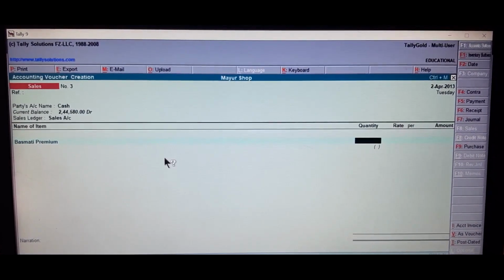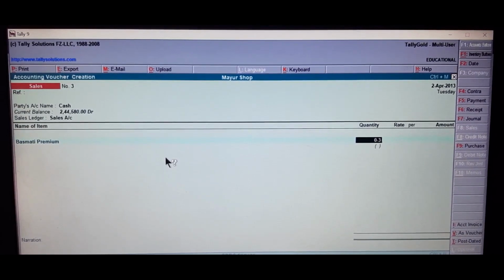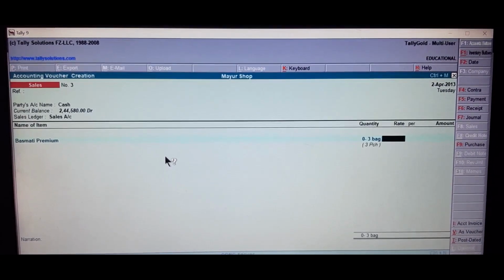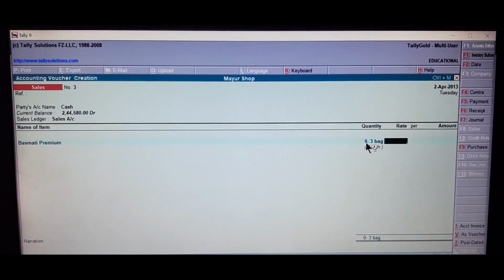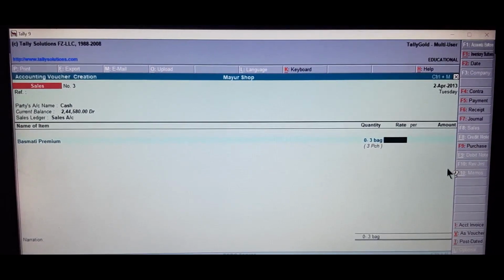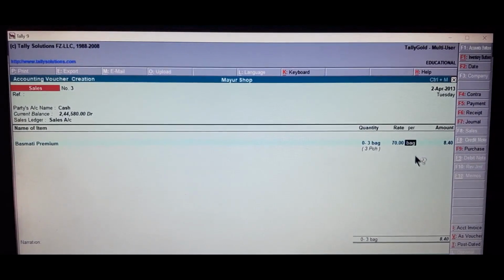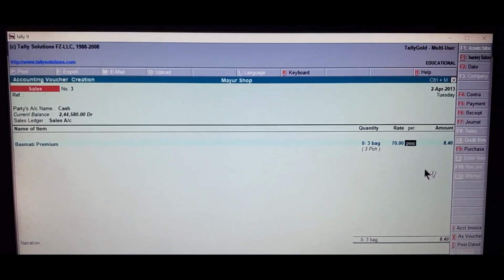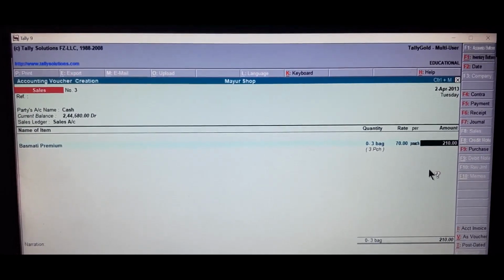Quantity is 3 pouches, 0-3. First number represents bag, the second number represents pouch. Rate per pouch is 70. Bag will come. This has to be changed to pouch. Later the amount will be changed.